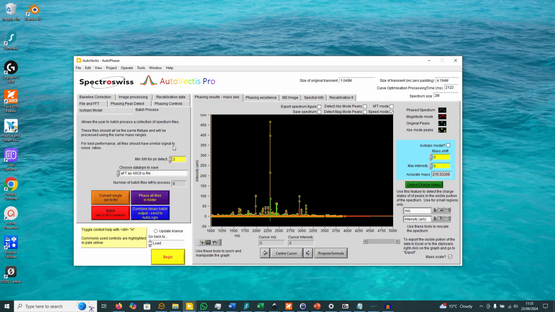It will automatically detect the peaks in the spectrum, but you don't have to worry about that, so you could just leave that at the default setting of 3. You will want to set your default data type to save to this one, AFT as ASCII XY file. You have a number of different options in here, but this is the one you're going to want at this stage. And then to start the process running, we do phase all files in folder,